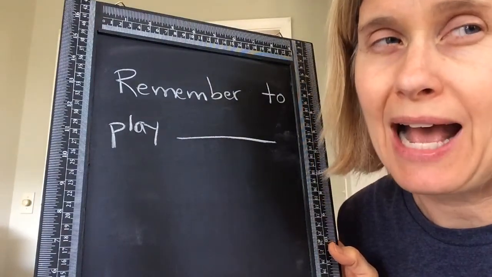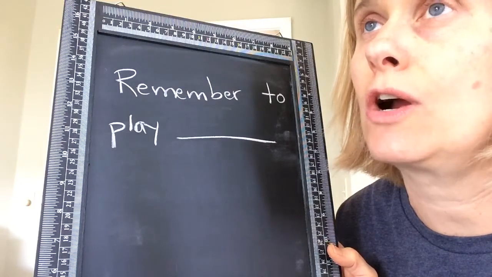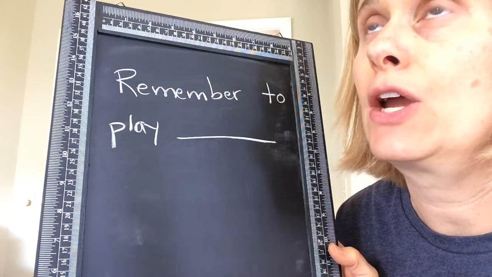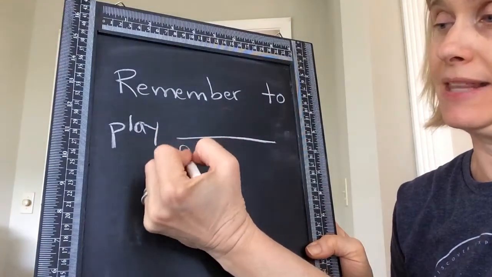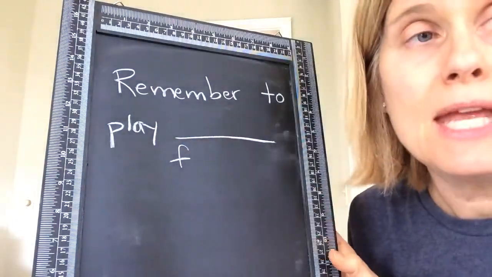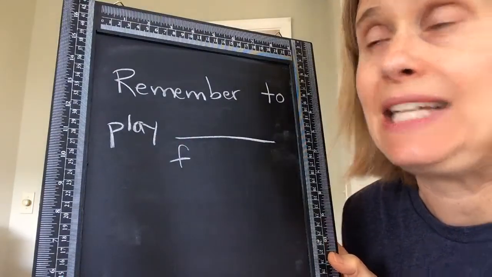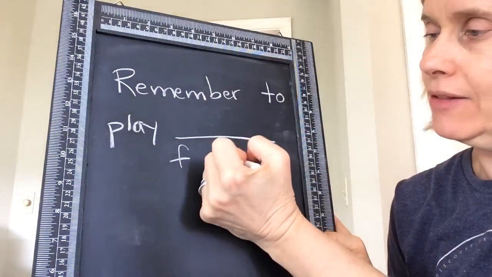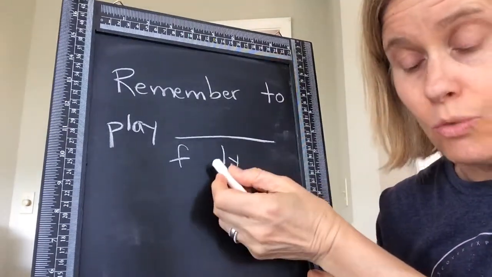So I want you to think about, how are you going to spell fairly? What's it going to start with? Fairly. It's going to start with an F. We know that. I'm going to write that down there so I don't get confused. Now, we've got the air sound and then ly. So we've got the ly at the end, L-Y at the end. So how are we going to get that air sound in this? We could do it